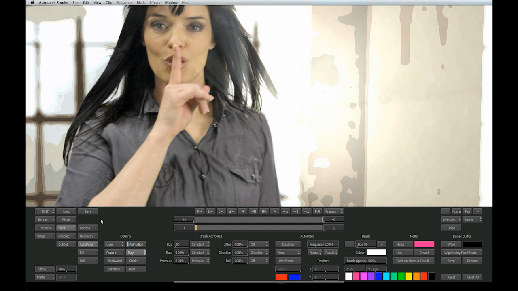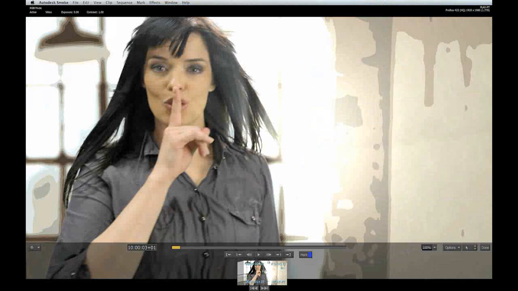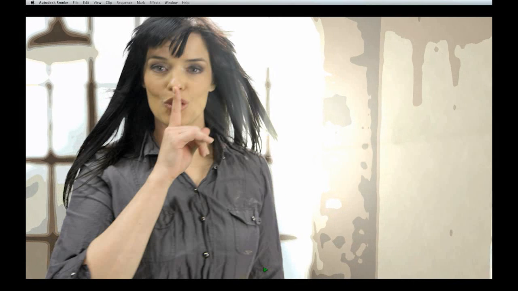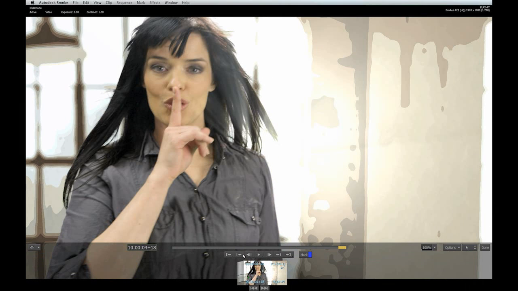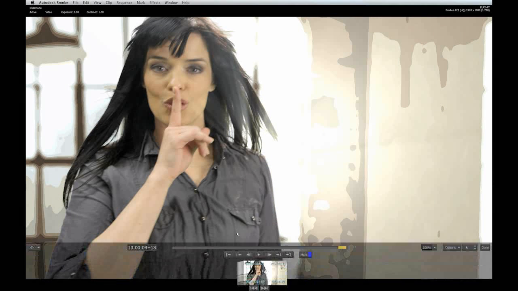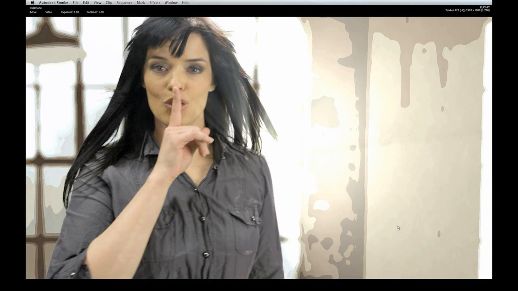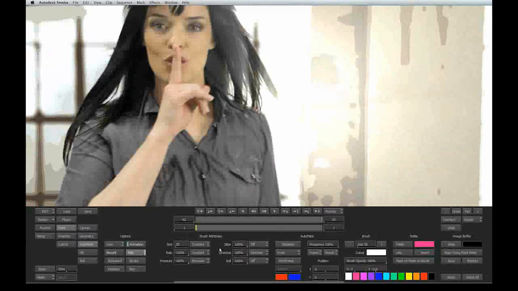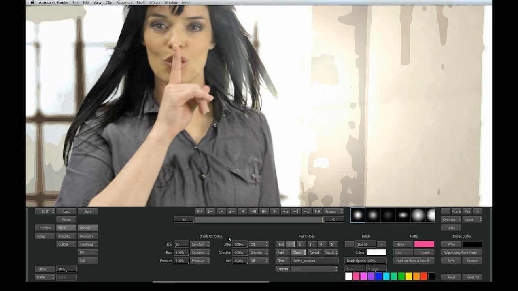And when it's done, we can just go into the player to double check it. You can see it's not jittering, it's not boiling. It's following along frame for frame, and that's one of the great things about the auto paint and being able to track those strokes. In addition to that, if you go into the canvas, you have a ton of other